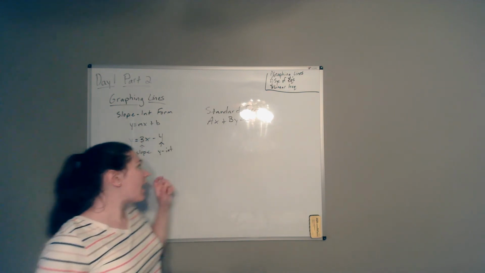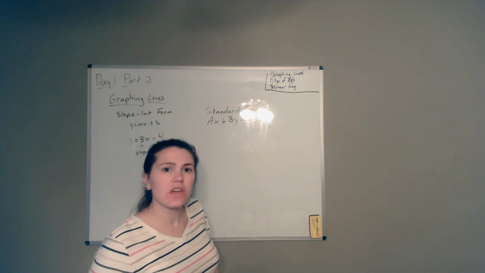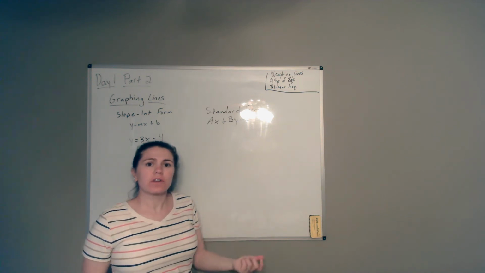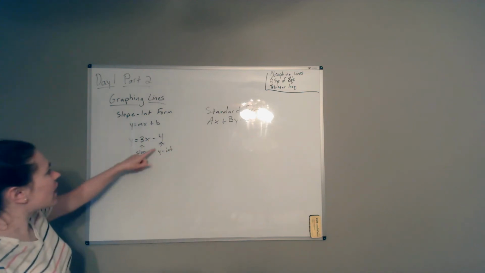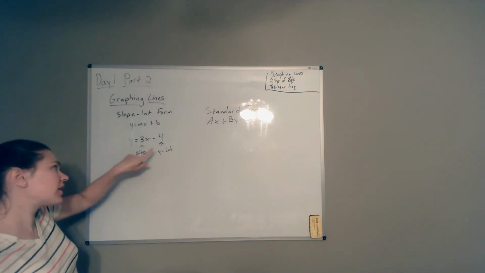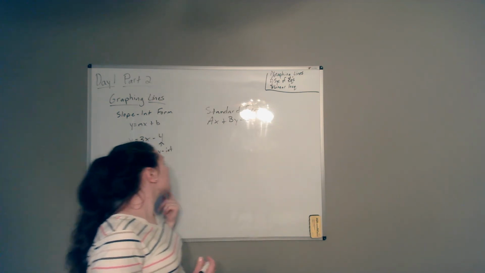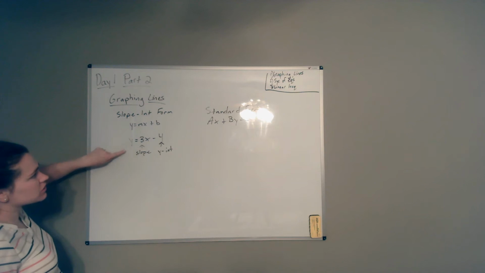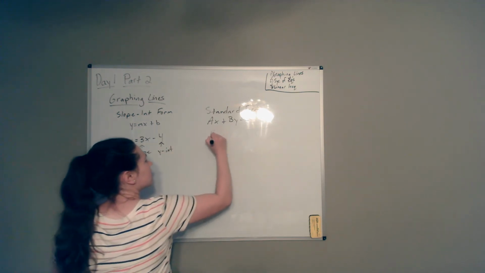Well, if you're going to graph a line, you need to show 2 points on a line, because from geometry you learned that 2 points are what make a line unique. And so having the y-intercept is having 1 point, and then knowing the slope allows you to get to another point. So being in slope-intercept form is a quick way to being able to graph, and standard form, something like this,